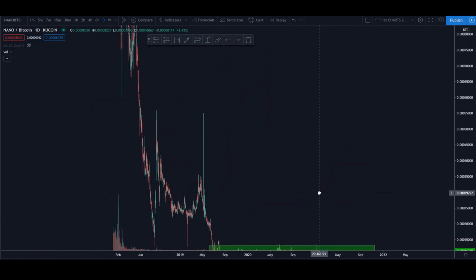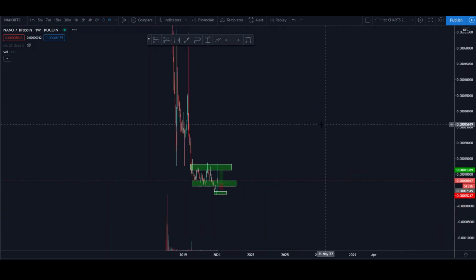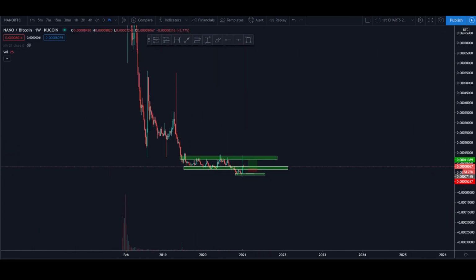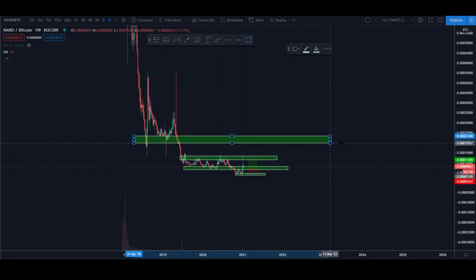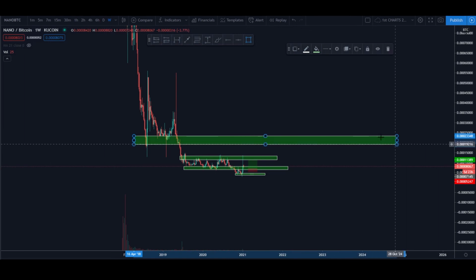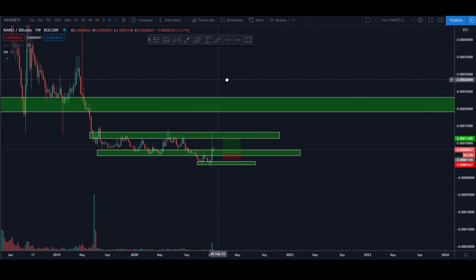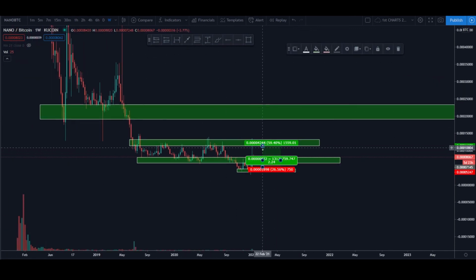And what makes it a little bit more interesting, now going all the way up to a weekly time frame, you can see that the next most important area of this chart is located quite high up, and in this case it's going to be probably one of my last profit takes, because I do not wish to leave money on the table when dealing with such big areas. But touching the very last top area on the chart, the main area on the chart, brings you up to